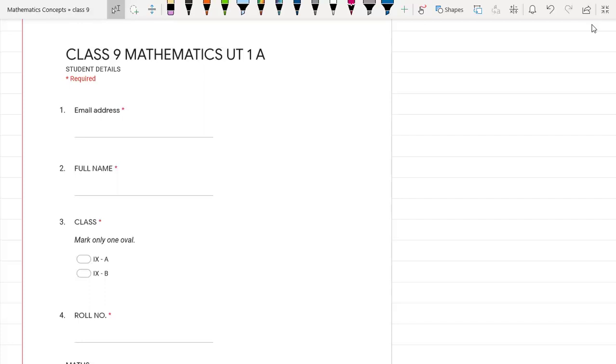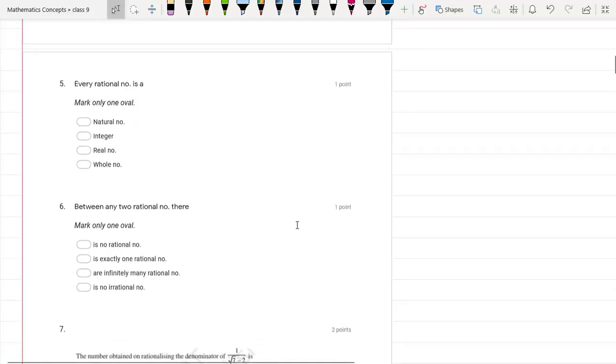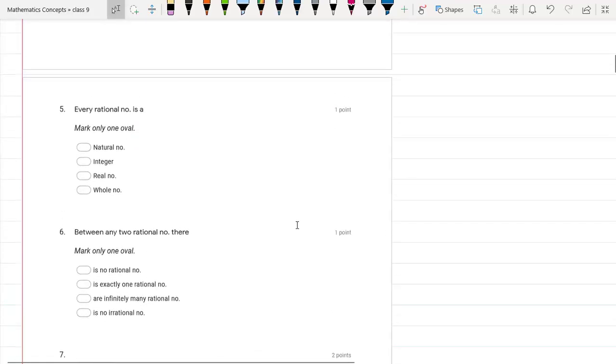Let's start discussion of Unit Test 1 for Mathematics Class 9th. First question was, every rational number is. So we have studied in the first lecture itself